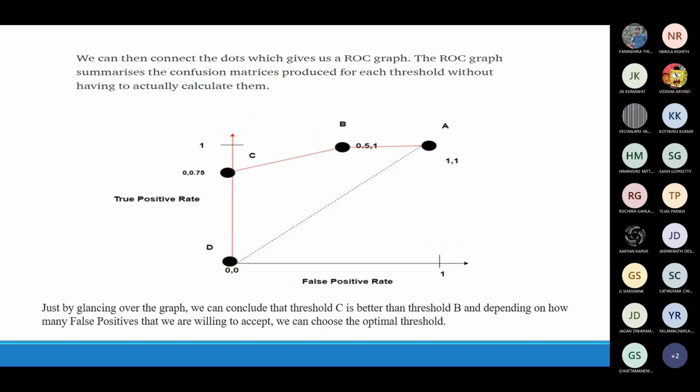So obviously all these things you can't do manually. That's why we have these ROC curves. They automatically give you all these threshold values. Then you can easily select which threshold is better for you, which rate you want to maximize, which rate you want to minimize, and accordingly you can see maybe B threshold you want to choose or C threshold you want to choose, and that threshold you can take for your final model.